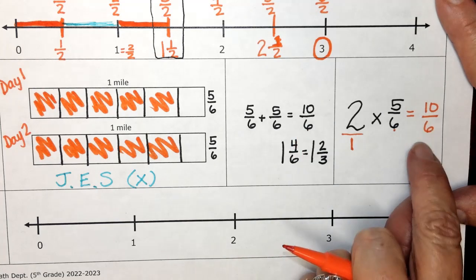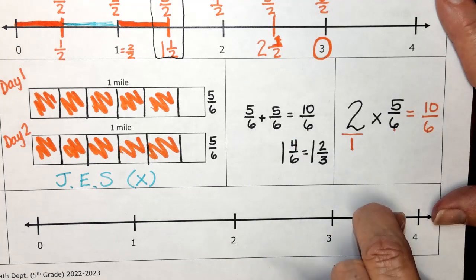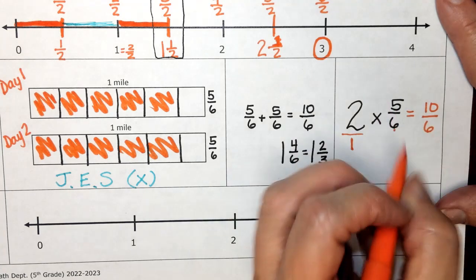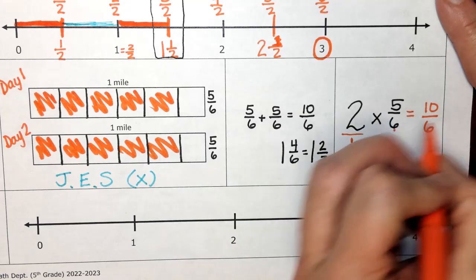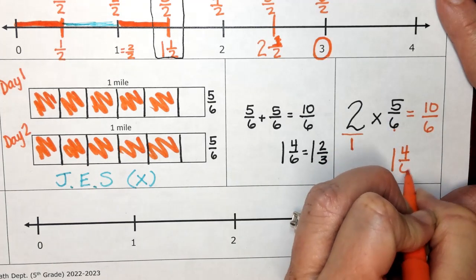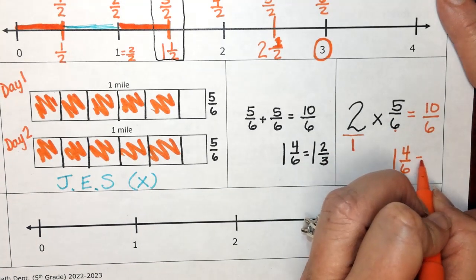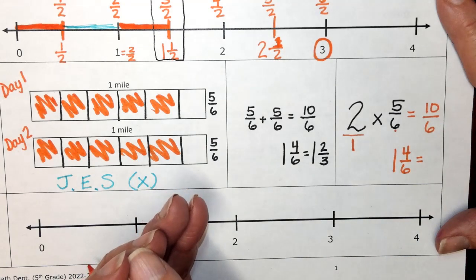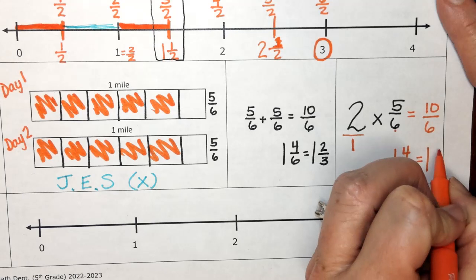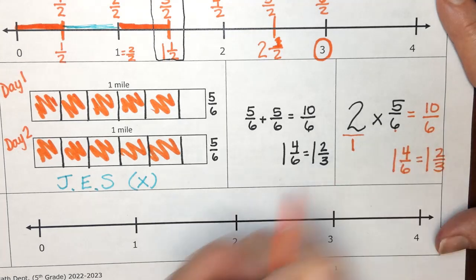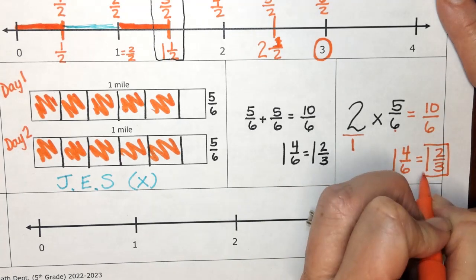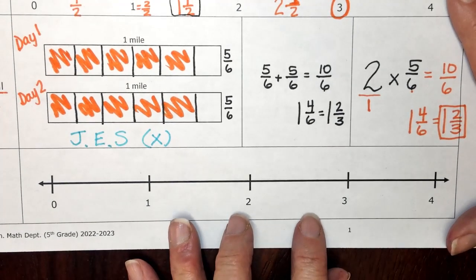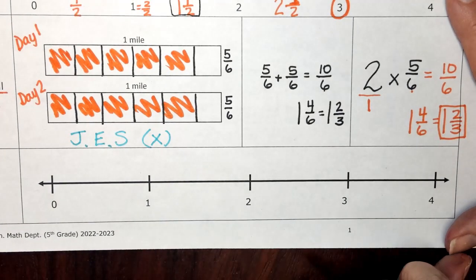So I can't leave it as an improper fraction. I have to regroup it. And so how many groups of 6 are in the number 10? There's 1 group with 4/6 left over. And again, 4 and 6 are both even numbers. They can be simplified further. So we can say 1 2/3. That's our answer. Moving quickly down to our number line, we know that we had 2 days, so I'm going